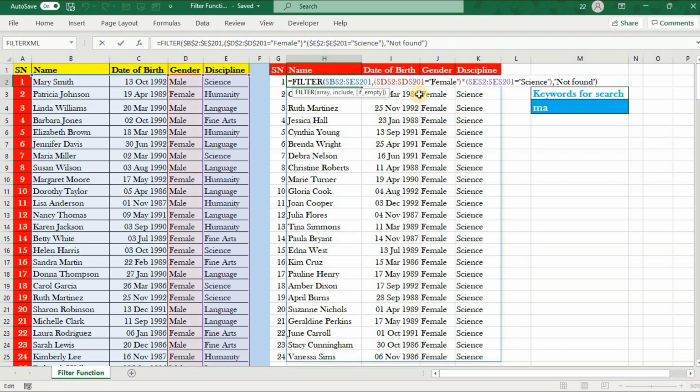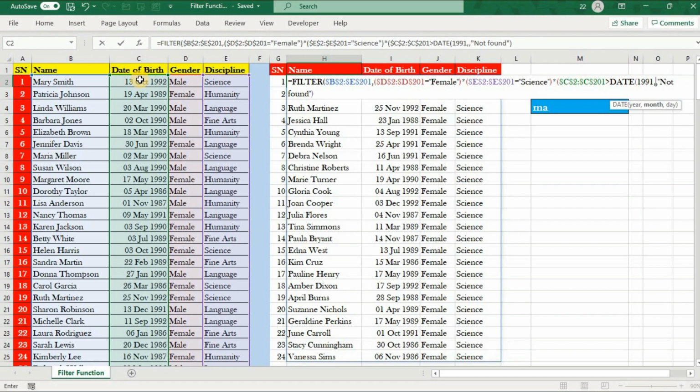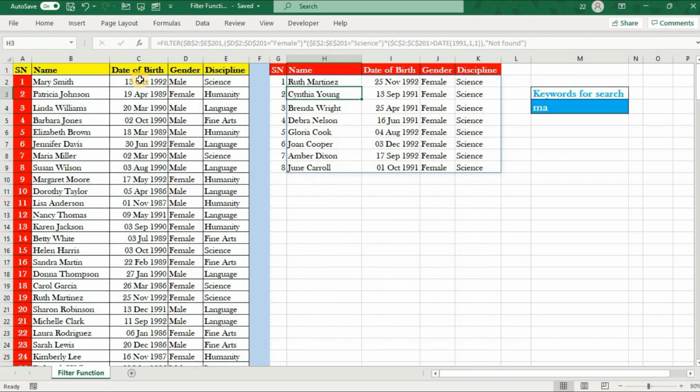If I further add some more conditions, I can use a multiplication sign and further, like say my date of birth is greater than a date, 1991 first month first day. So see, the data has been accordingly updated.